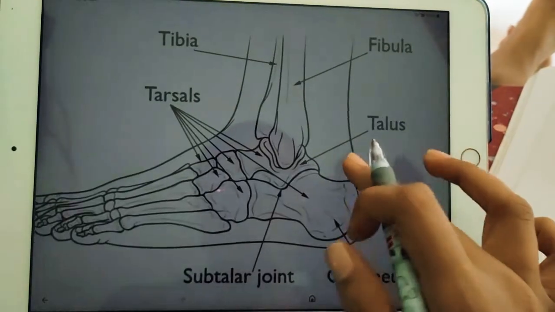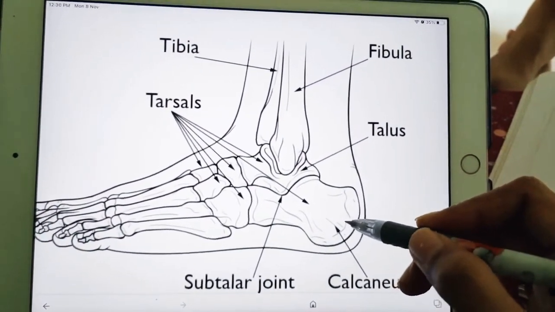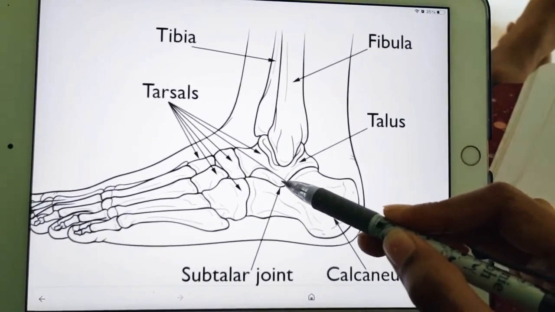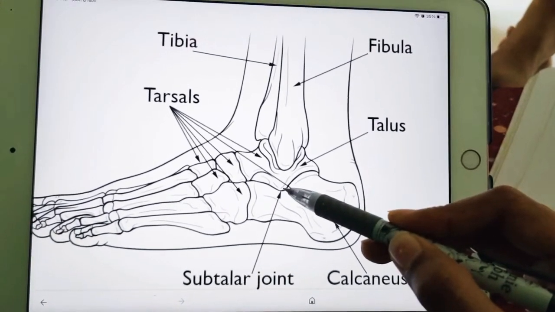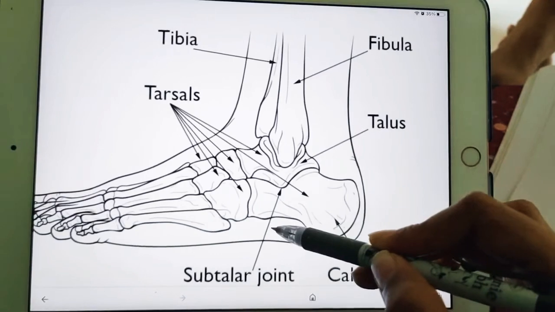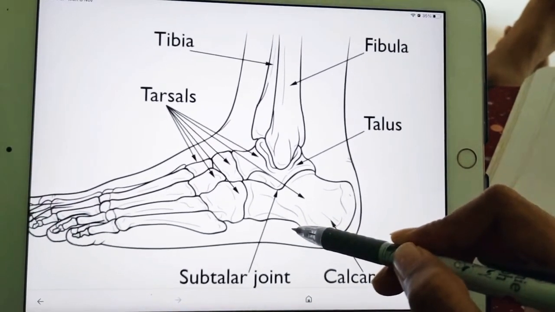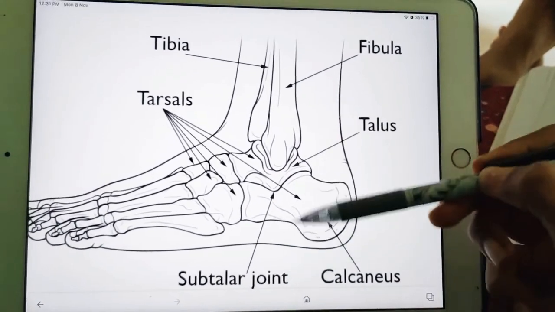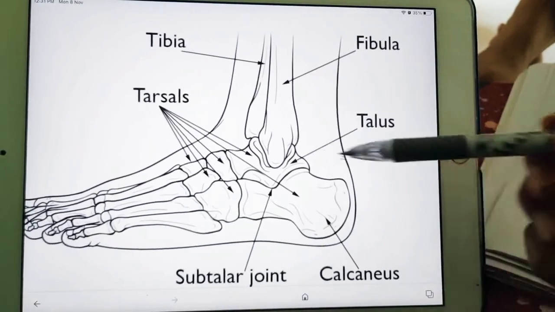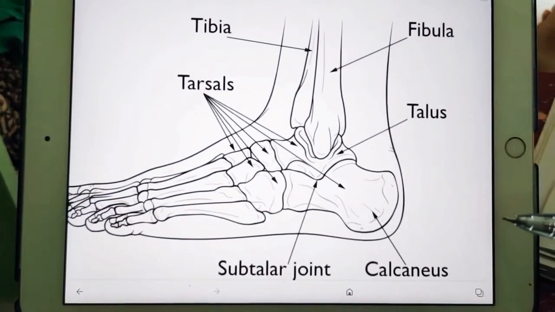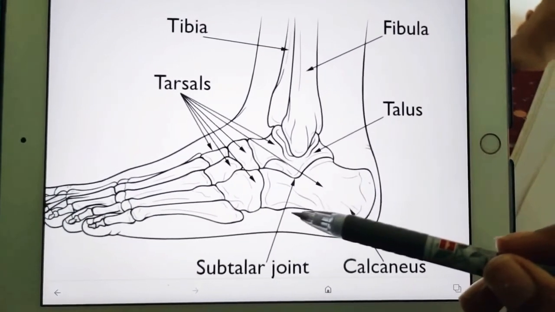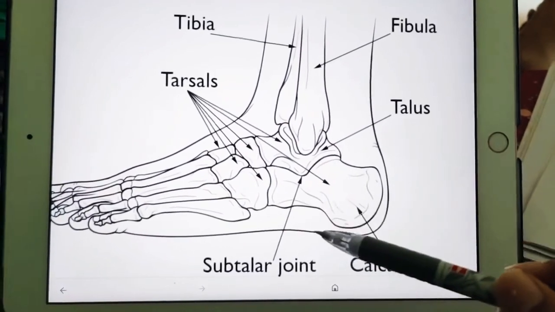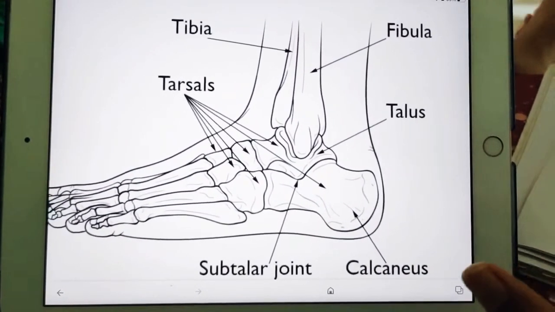And the posterior surface, you can see it's very large and it's also rough. Coming to the dorsal or upper surface, dorsal means this one. The dorsal or upper surface bears a large convex articular surface in the middle. And the plantar surface, this is the plantar surface, which is rough and also triangular. Now coming to the lateral surface. Lateral means there is a medial surface on the opposite side. You can imagine the lateral surface is flat, whereas the medial surface is concave from above downwards. So these are all the points of side determination.